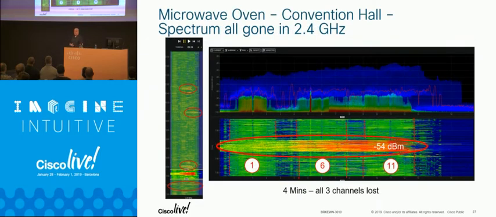That is a microwave right here in the FIRA, and that was out in Hall 3. They've got all those nice restaurants along the sides. That's a commercial microwave, and it took all 3 channels out, all the way from 10 o'clock in the morning, and it was pretty busy right through about 2 o'clock in the afternoon.